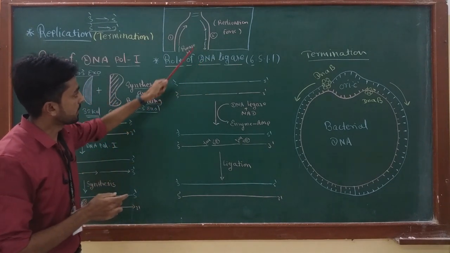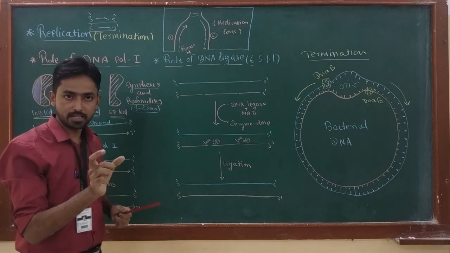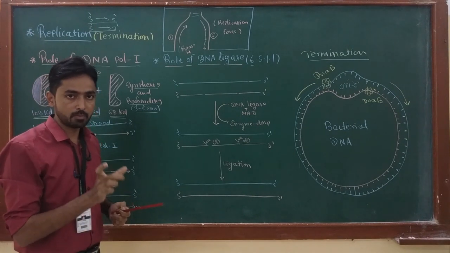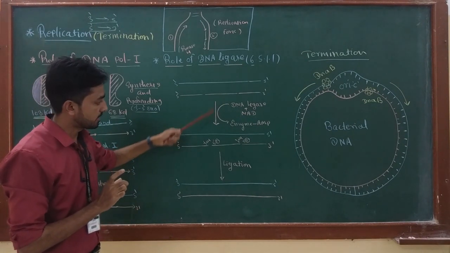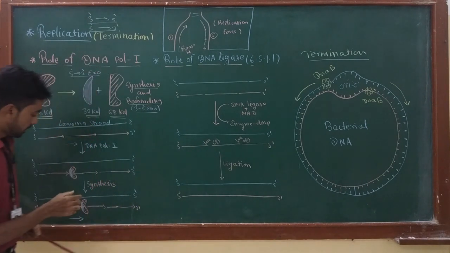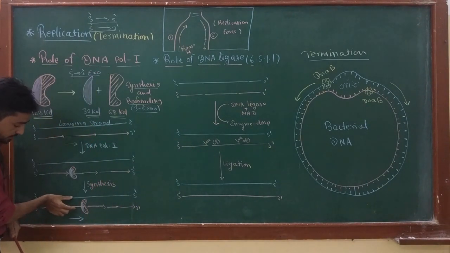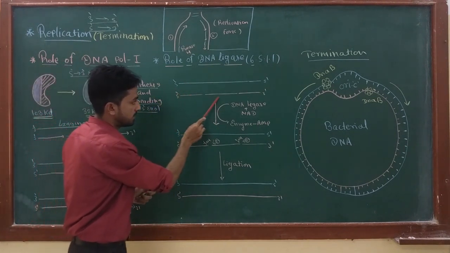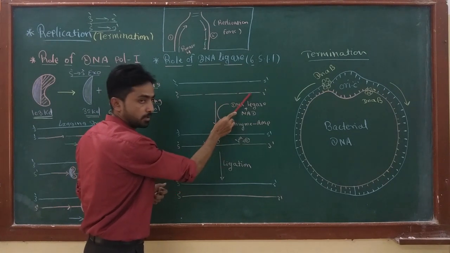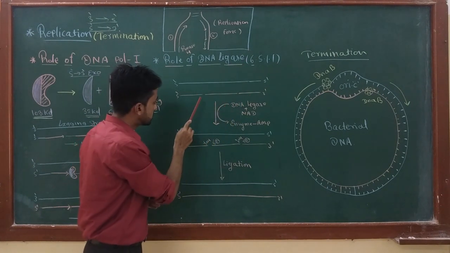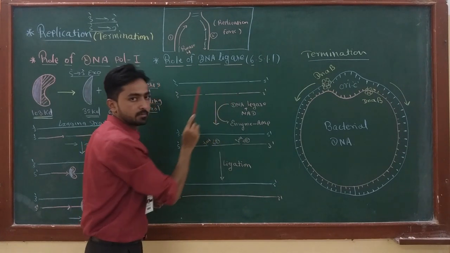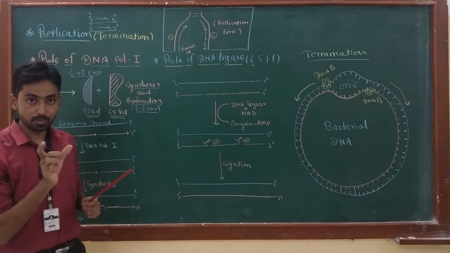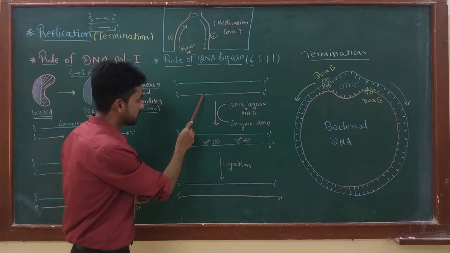The ligase enzyme can join the nick which is present between two Okazaki fragments, and for joining, this enzyme catalyzes a two-step reaction. I have shown the template strand and the lagging strand on which the gap is filled by DNA polymerase here. You can see the template strand, and now the lagging strand has all the DNA fragments because the primer is removed by DNA polymerase 1, but still you can see the nick. There is a difference between a gap and a nick. Okay, here you can see the nick.